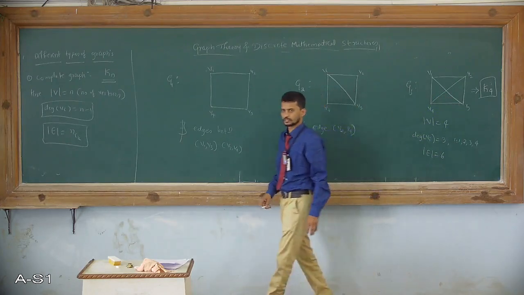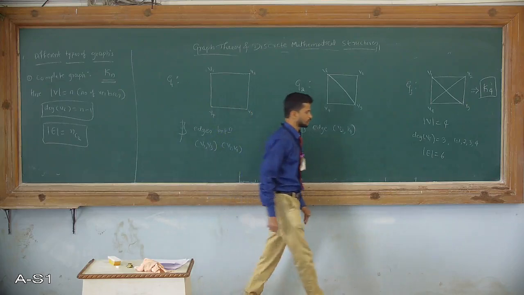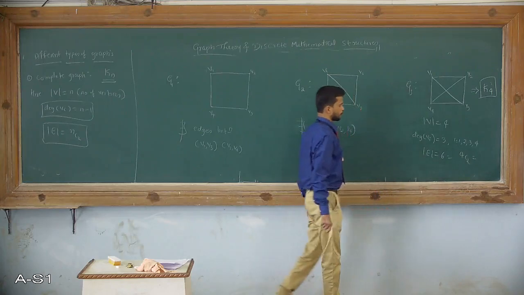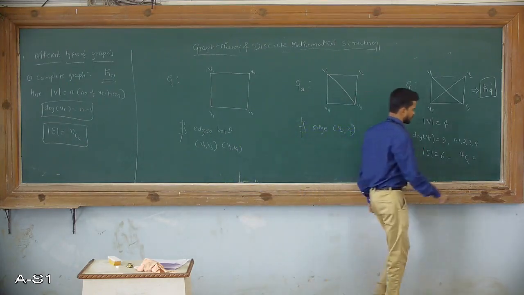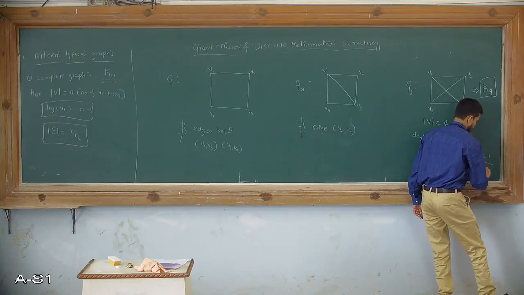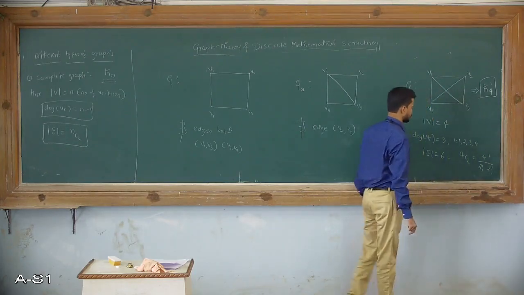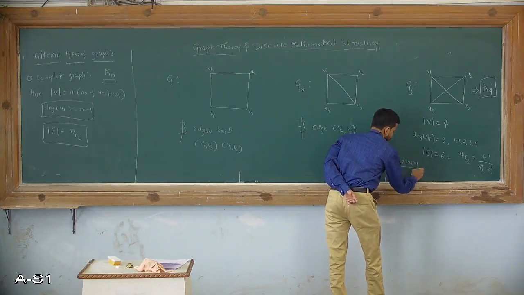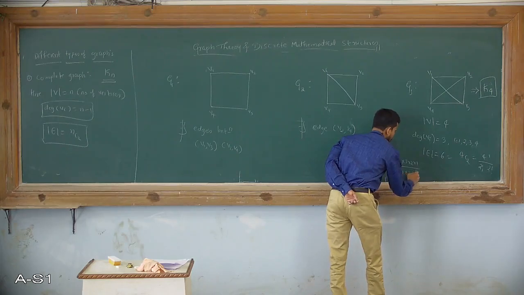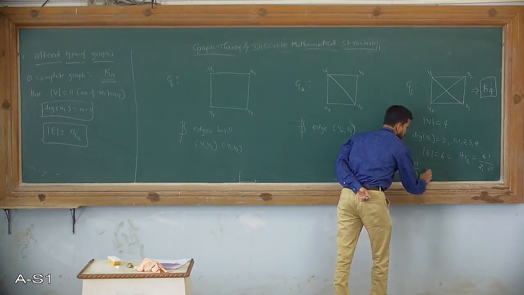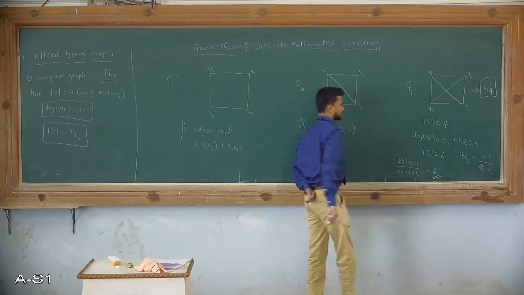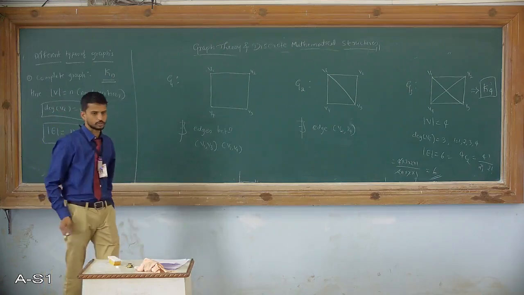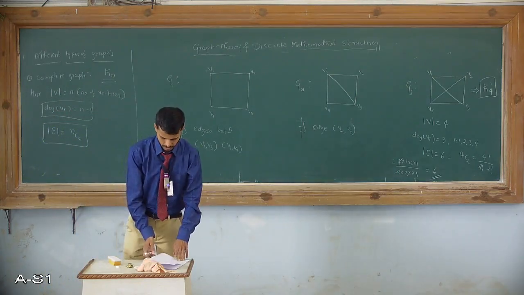Here N stands for the number of vertices, that is 4, which is equal to 4C2. That is 4 factorial divided by 2 factorial into 2 factorial, which is equal to 4, 3, 2, 1 divided by 2, 1 into 2, 1. Therefore, this 2 gets cancelled with 4. So the number of edges we can calculate using the formula called NC2. This is all about the definition of a complete graph.